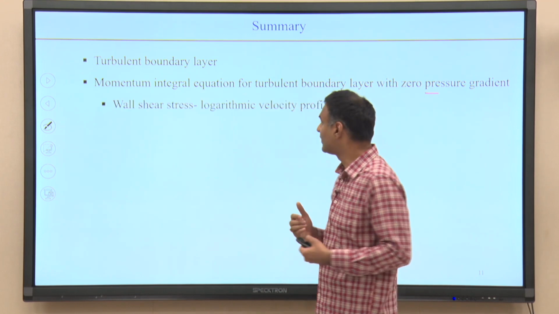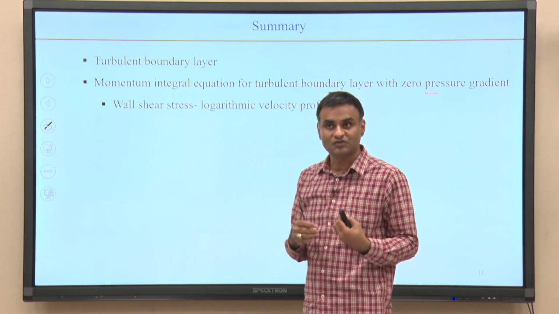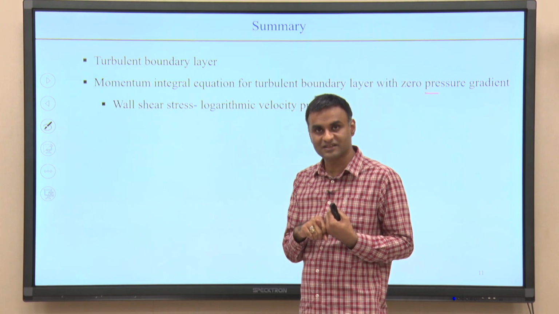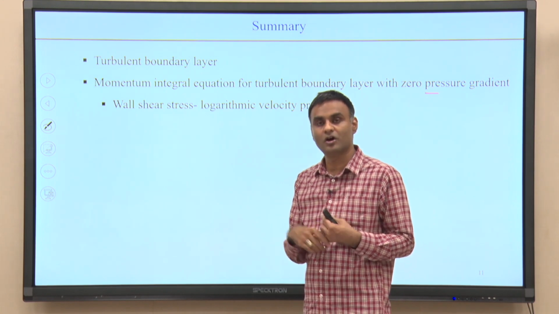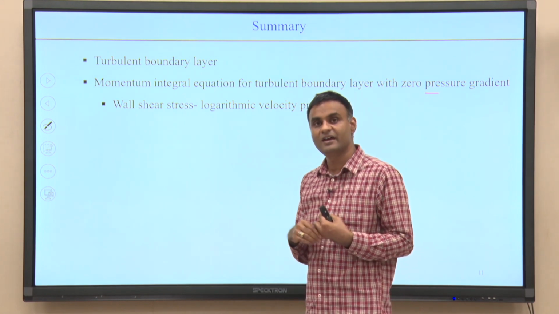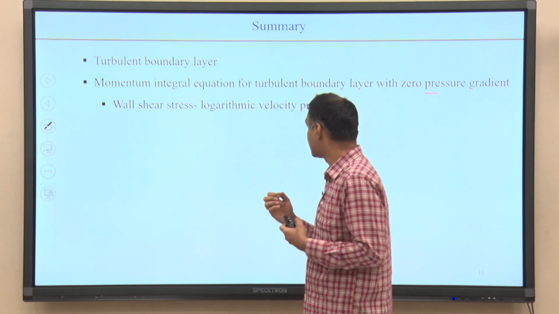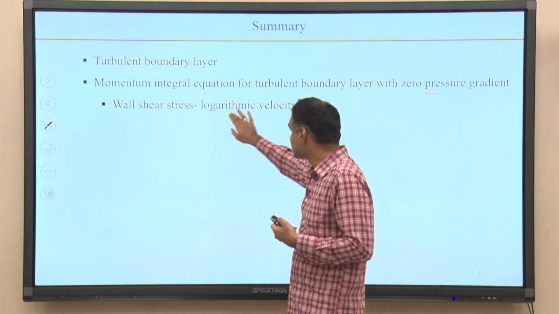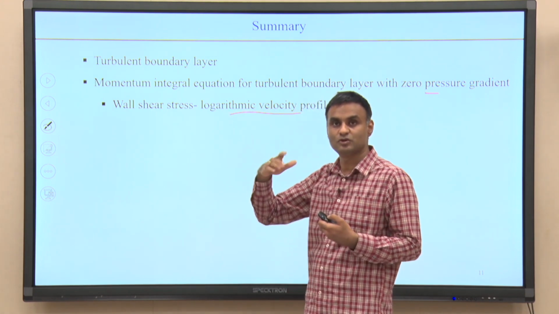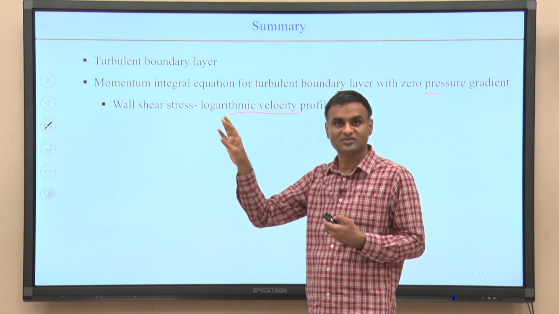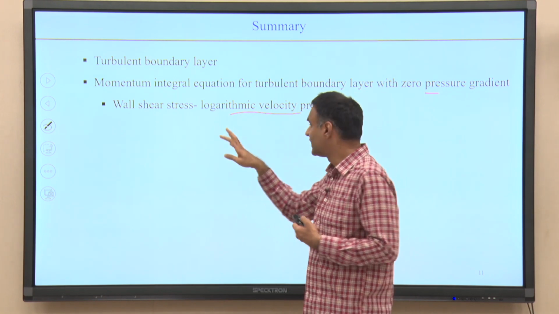In doing that, because we needed wall shear stress in terms of delta, or CF in terms of delta, and we needed momentum thickness in terms of delta, we assumed a logarithmic velocity profile, which is basically u plus is equal to 5 times ln y plus 5,